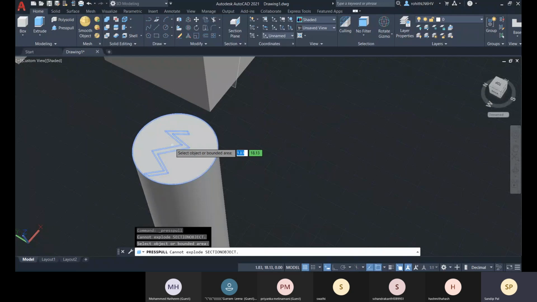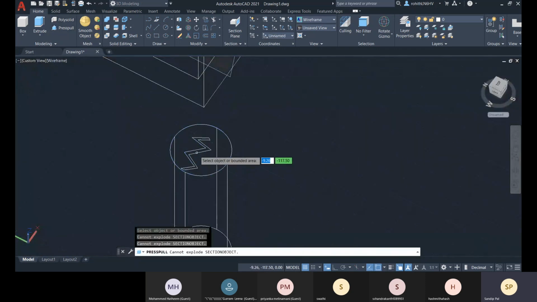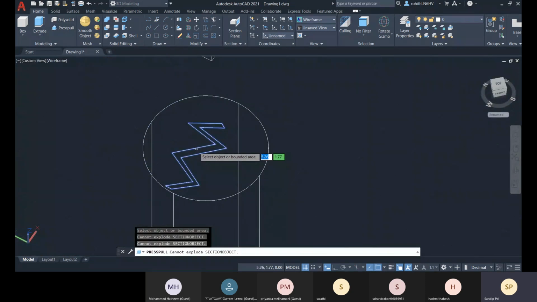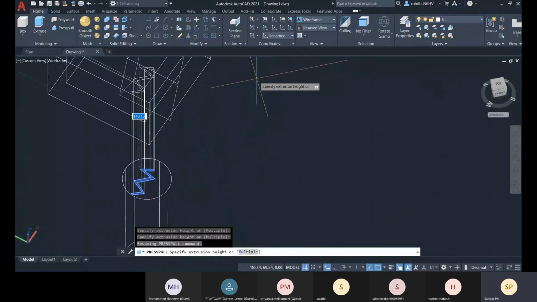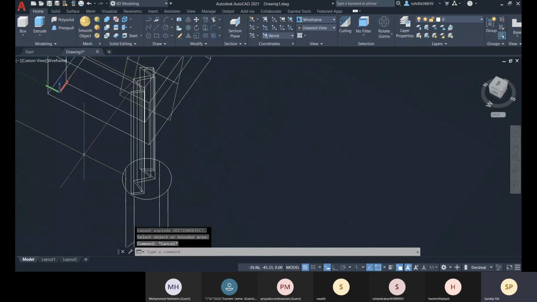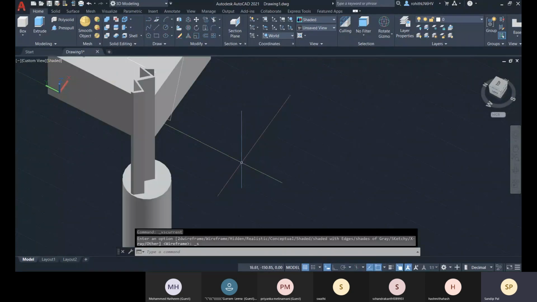Or else you can only select this. So better you go for wireframe, there you can easily go for press pull, there you can select this. Okay, and there you can give the height. So this visual style helps you to identify the surface.